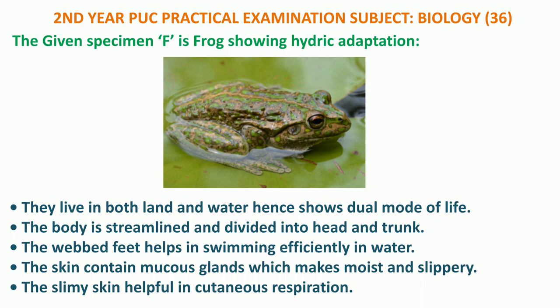The webbed feet help in swimming effectively in water. The skin contains mucus glands which make it moist and slippery, and the slimy skin helps in cutaneous respiration. So these are the points you should write as an answer for this question if you get frog under 6th